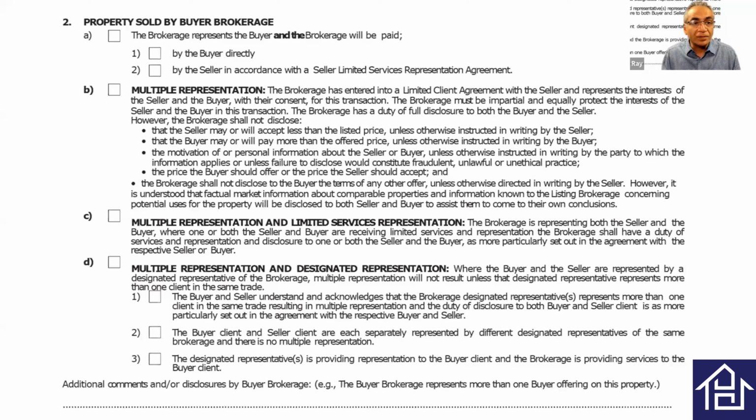Now, obviously, the first option, number A, says the brokerage represents the buyer, and that's the case because we are representing the buyer. But number 1 and 2 basically says who's going to pay for the commission. Number 1 says if the buyer is going to pay directly, so the seller is not paying the commission. Number 2 says this by the seller in accordance with the seller limited service representation agreement, meaning that you talk